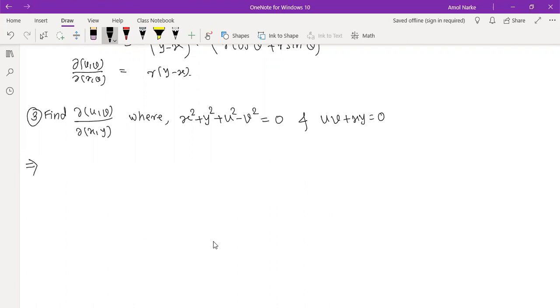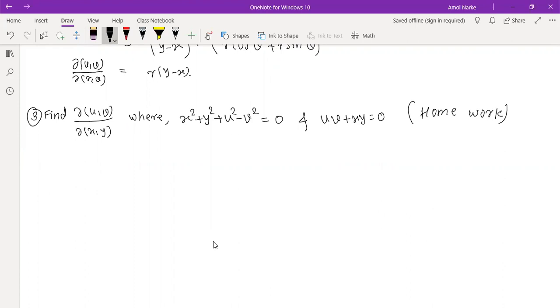So how can we find the Jacobian for that type? We have one important formula for that. So I'm going to solve this example by using the implicit function method. Okay, so write down. You can try this as homework using the traditional way.